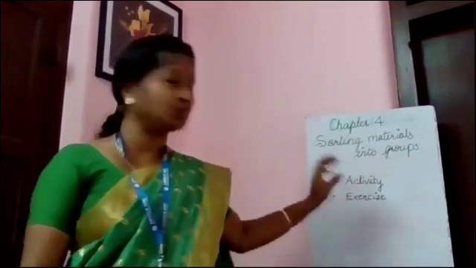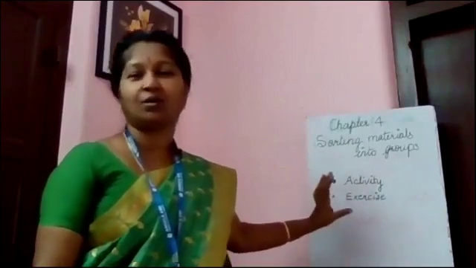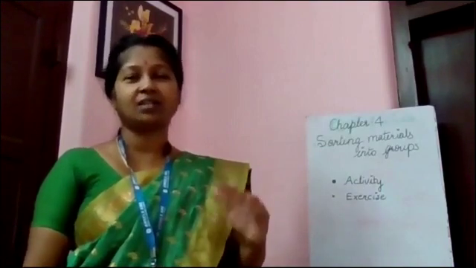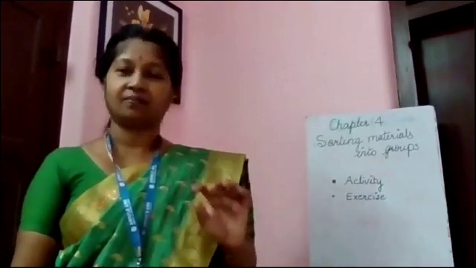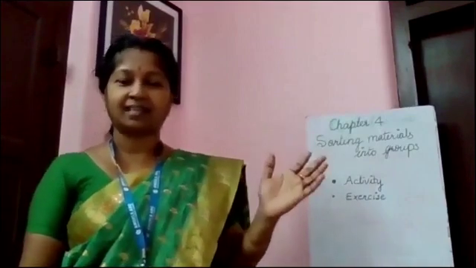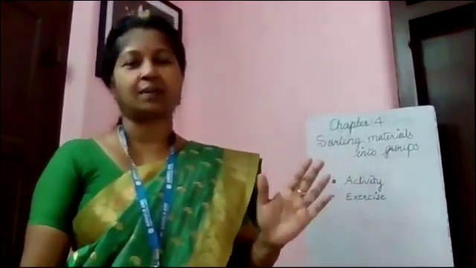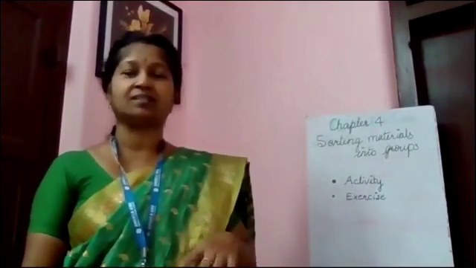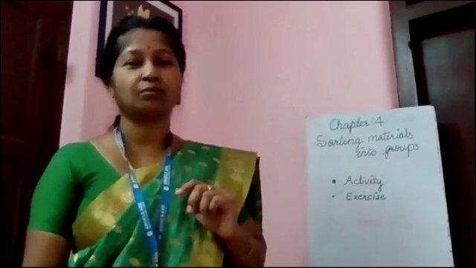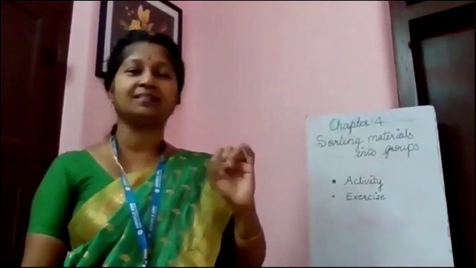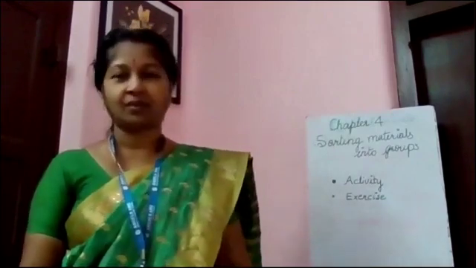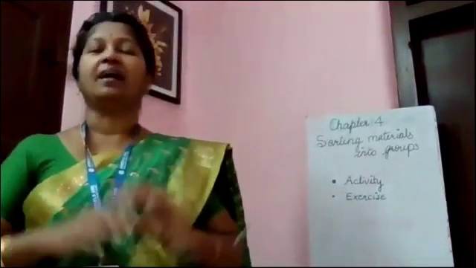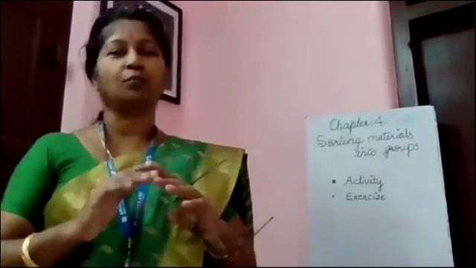Today we are discussing two things: the activity of this lesson and the exercise. Activity means that after every chapter there are some activities, like we did in the first chapter, weaving. Here in this chapter, the activity is to collect three different types of papers: transparent, translucent, and opaque. You have to collect the three types of papers and stick them in the notebook after getting all